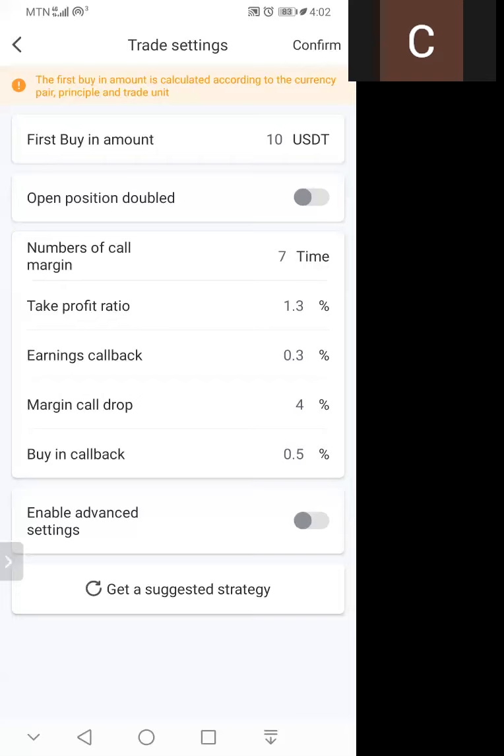All right. Now, margin buy-in callback. It happens if the market drops. Sometimes you go into a market and it drops, and with that, we'll now apply the number of call margins. By default, the number of call margins is 7 times, which means if the market drops 7 times,